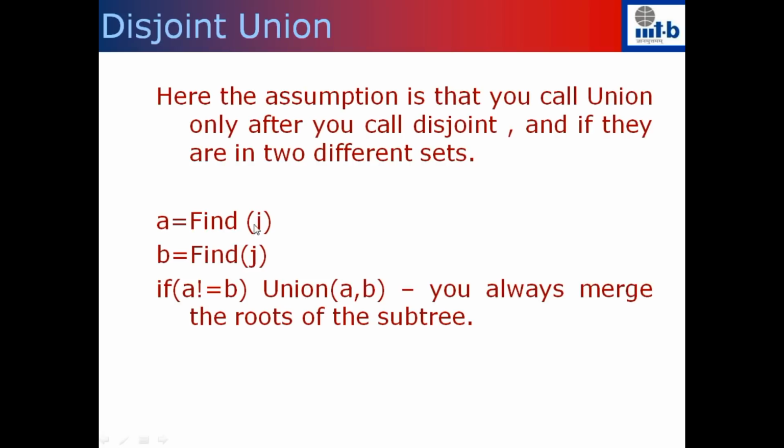We don't account for checking whether A is not equal to B in the union; it is accounted in the time complexity of disjoint. If A is not equal to B, that means they are in two different sets, only then you find the union of them. If A is equal to B, both are in the same set, and in that case you don't do anything. So here we are not charging the cost of find of i and find of j to the union function. It is being charged to the disjoint function.